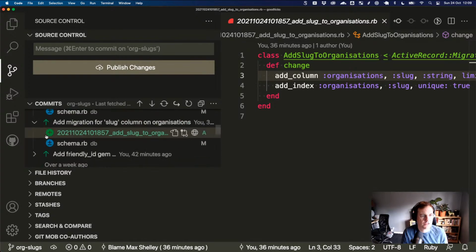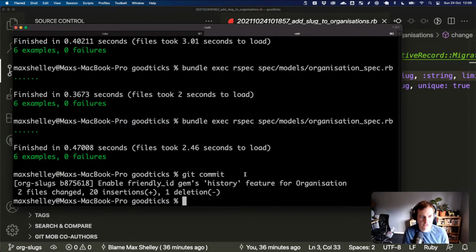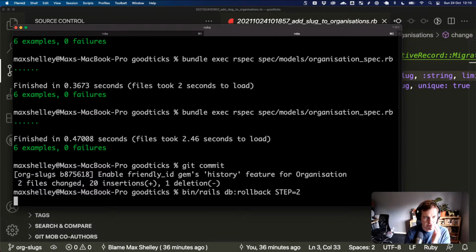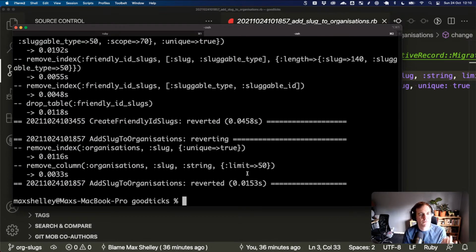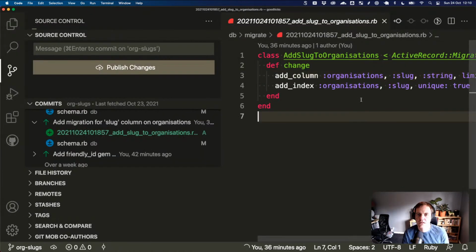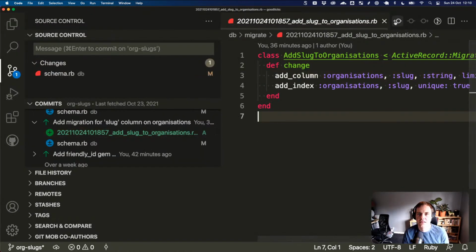We're only one migration on from that. I think if we do bin rails db:rollback STEP=2, that'll get us there. It will get us there. Okay. So now if we go in and update this,